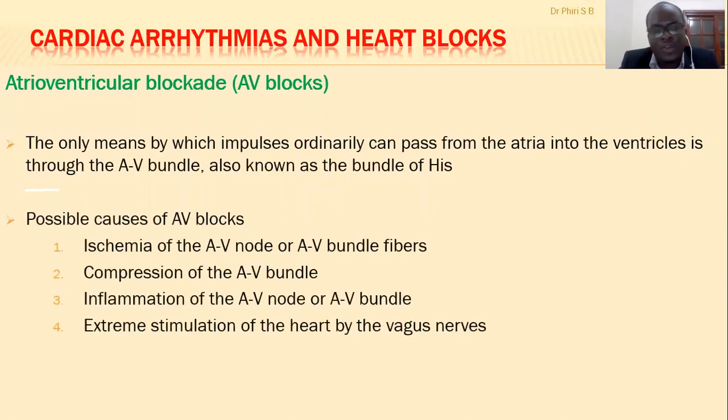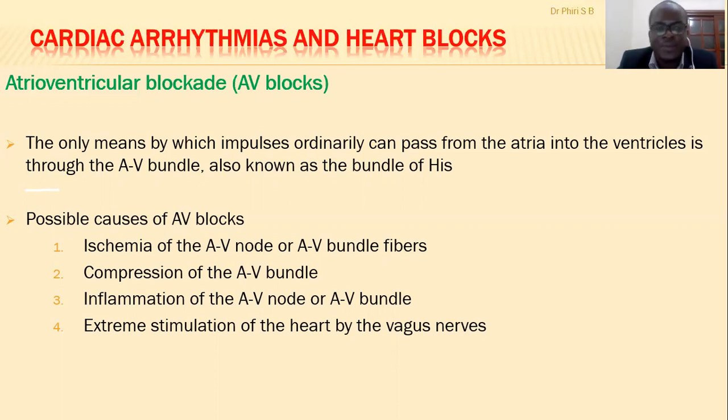So what are the major causes of AV blocks? There are different causes for AV blocks. Sometimes you can have ischemia of the AV node or AV bundle fibers. So if you have less oxygen supply or ischemia of the AV node, it means they're not receiving oxygen, they're not receiving nutrients. That can result in necrosis of the AV node and also the AV bundle. So if you have damage to these cells, then they can interfere with the conduction of action potentials,